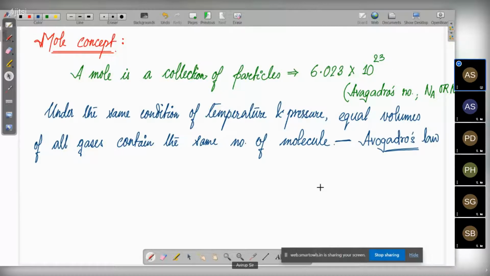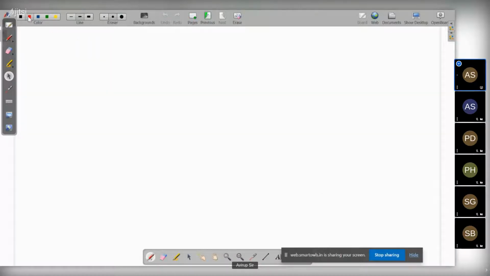For this I will be making a table, exactly similar to the one that we had done before. Suppose we write it in this way: